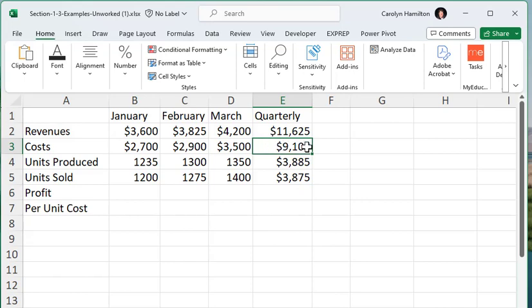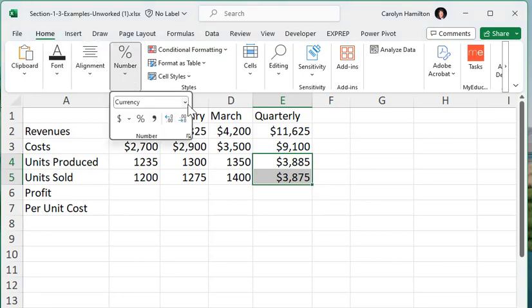One other thing to notice is that these cells were formatted as currency, so when I copied it down, it copied the formatting also. To change the formatting, this is on the Home tab. Change it to a number. By default, it will give me 2 decimal places, but I don't want decimal places. That's these 2 icons. So this one will remove and show you fewer decimal places and round. You could also put a comma in there, but now I've got the 2 decimal places again. I have to take them back out. So by default, when you put in a comma, you get 2 decimal places. When you put in currency, you get 2 decimal places. But here you can either get more,